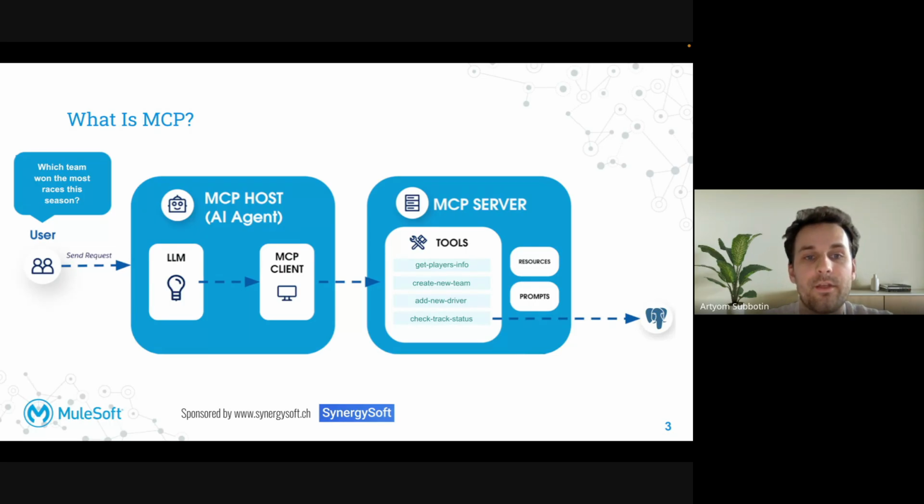And the third one, the last one, is prompts. I believe you already heard about prompts. It's a reusable instruction that shapes agent behavior in a specific situation. It's useful for standardizing compliance language, maybe domain-specific tone or decision logic, consistently across every agent that touches your MCP server.